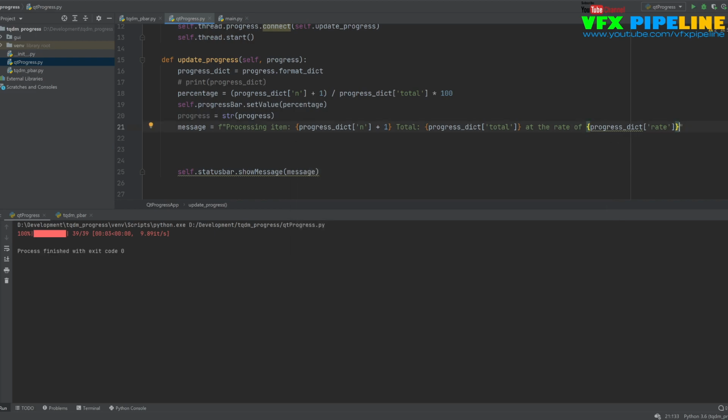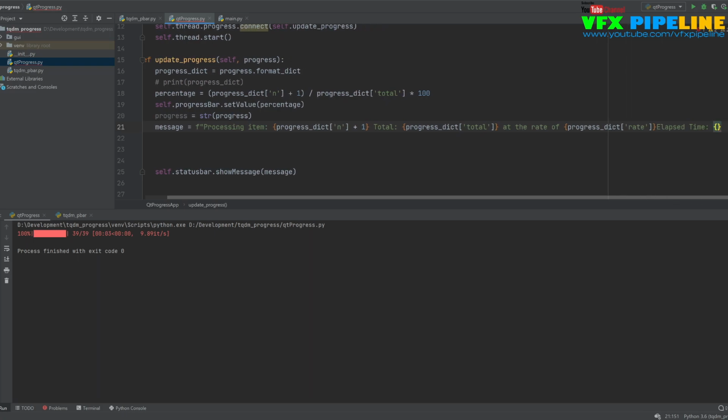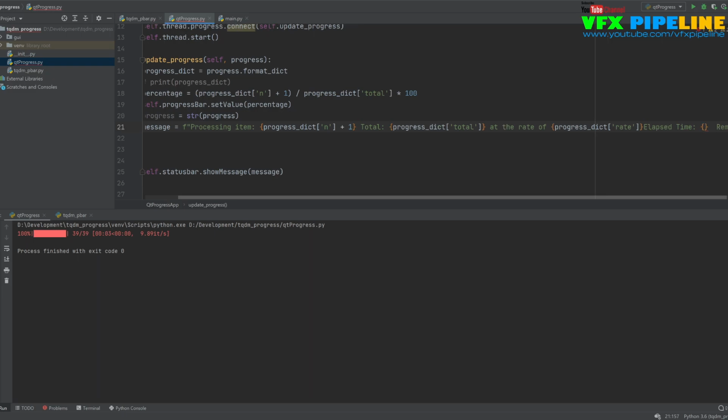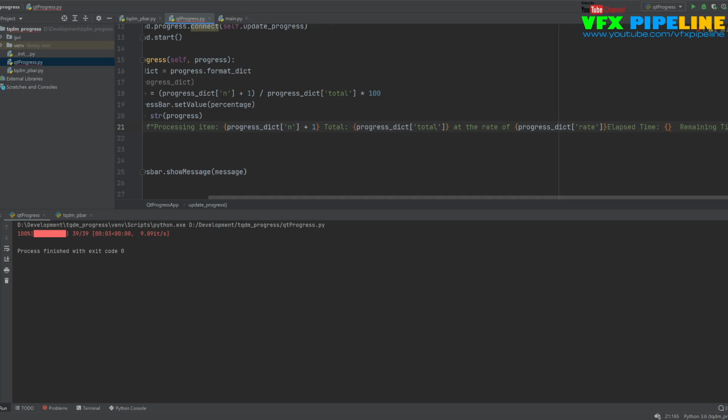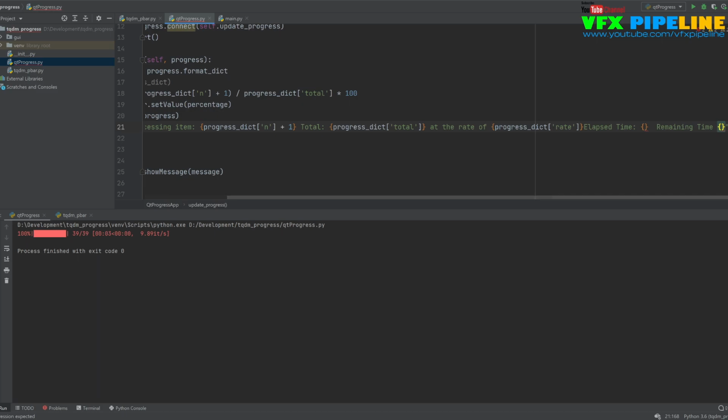Okay, so elapsed time, and elapsed time, and we need an estimated as remaining time, which is remaining time. Okay, so here the things are missing, but anyway, no problem, we will add this, because we need to